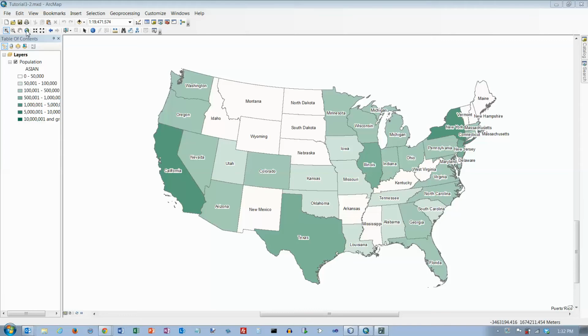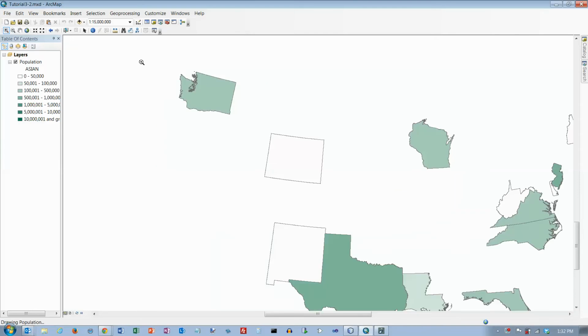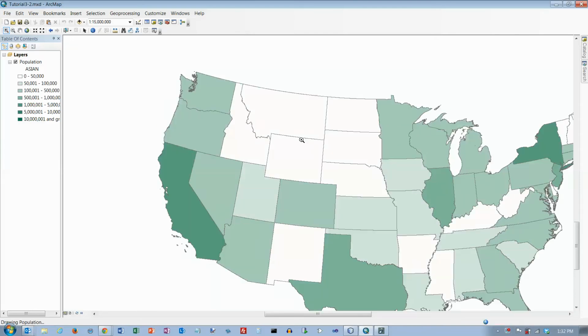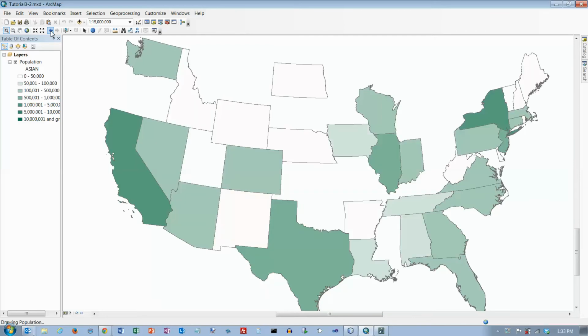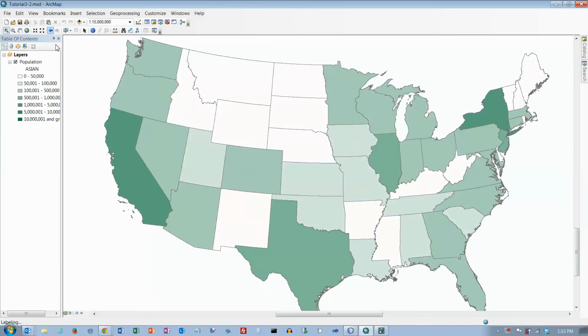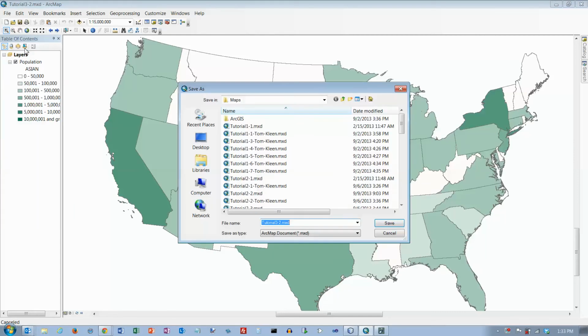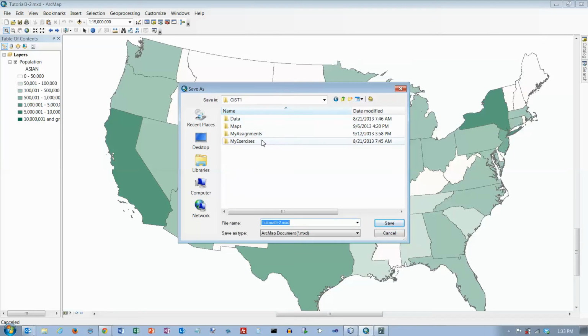I had to click on the full extent button, and then it's much bigger than this. It's got Alaska up here, and I just used my selection tool here, which I shouldn't have done. I just clicked on it again, and let me see if I can go back to where I was before here. There we go. And I want to save this as, save as, and I want to go to my exercises,